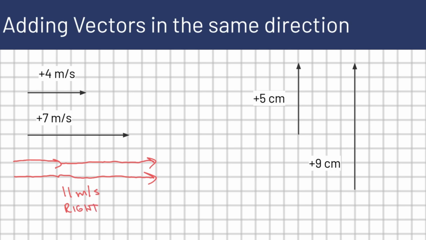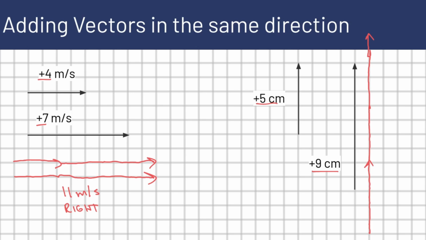Now let's look at these two vectors here. We have a 5 centimeter vector and a 9 centimeter vector, and these are plus. Upward is usually the positive direction, and over here to the right we have +4 and +7. These are pointing to the right, so they're positive. I didn't give myself quite enough room for these, so I'm going to have to start down here at the bottom. So we have +5, so we go up 1, 2, 3, 4, 5, and then we put the tail of the second vector at the head of the first vector. So we go up 1, 2, 3, 4, 5, 6, 7, 8. Then we go one little bit more.